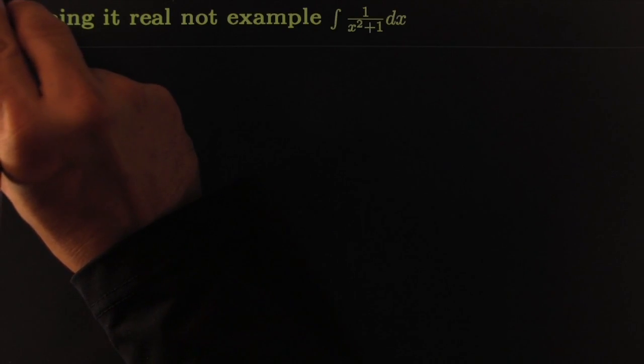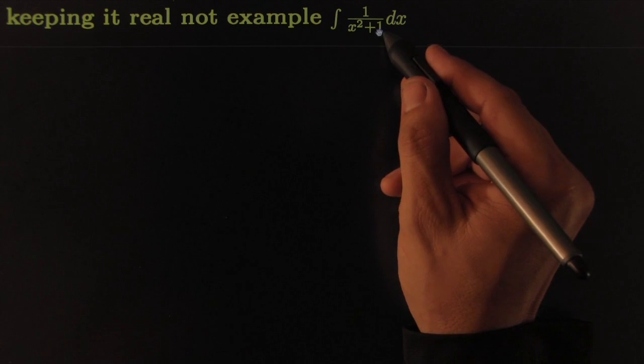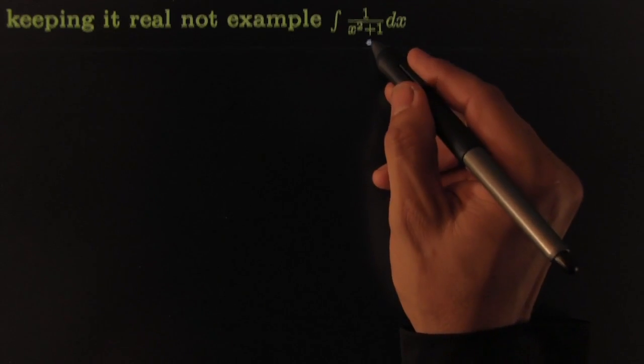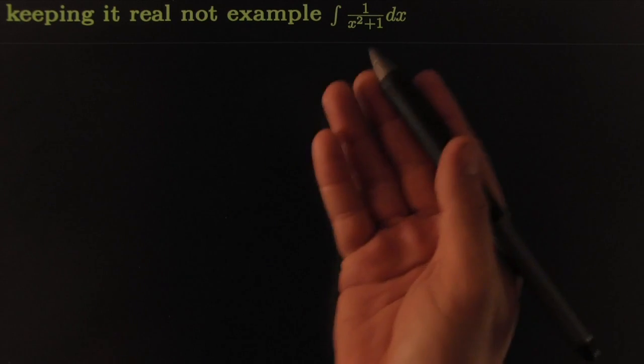So I started talking about this earlier, that you don't always have to keep things real. Sometimes maybe you don't have to keep things real. So look at this example. This example is, of course, a basic one. We've done it many times. It's the arc tangent, but the partial fraction decomposition gives you another look at it. It tells you that